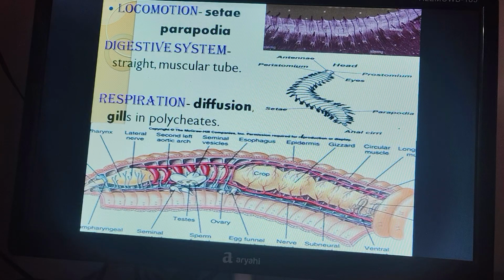Some pairs of parapodia will develop into gills. They help in the respiration process, right? So in the digestive system you can see the pharynx, esophagus, and then crop, intestine. Okay,